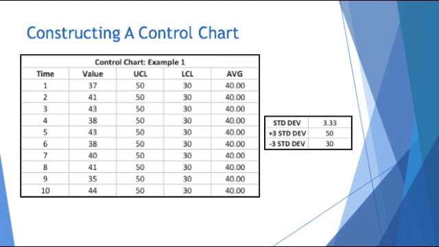But you see we have our time values, our dimensional values, an upper control limit, a lower control limit, and an average. Now where did those control limits come from? Well, in Excel, you can easily calculate the standard deviation, also known as the sigma. Standard deviation is your average distance from the average. I'm going to do a separate video about that, but pretty much it helps you fit values to a bell